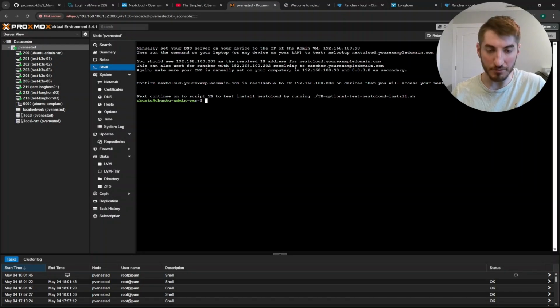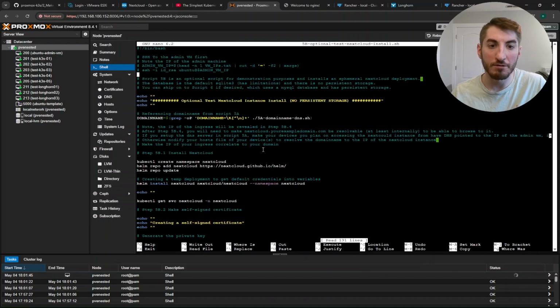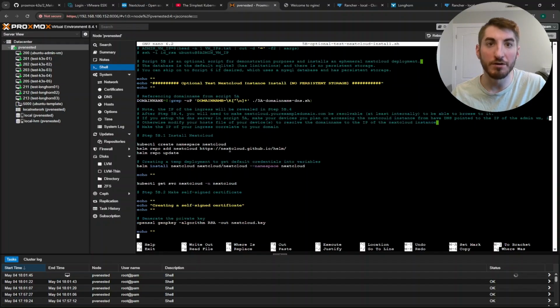Next, let's review script 5b. I'll go ahead and type in nano. Now, there's actually nothing we have to define in script 5b. It pulls the domain name we saved in script 5a, and then it creates a new Kubernetes namespace called Nextcloud